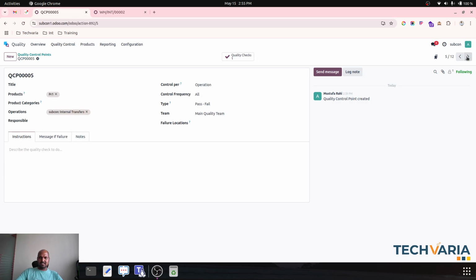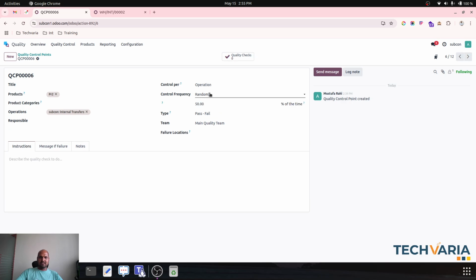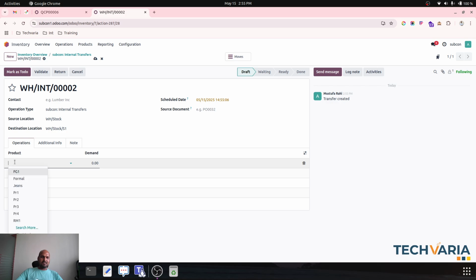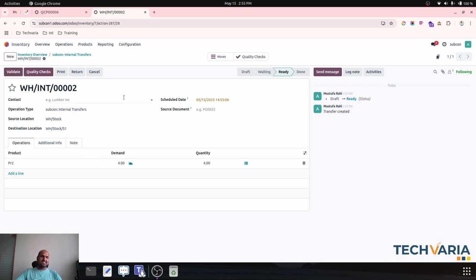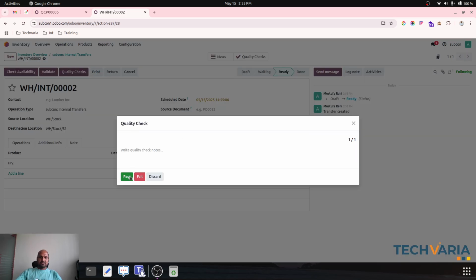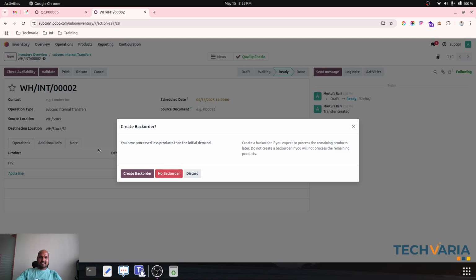So over here, if I check my control point, it is operation randomly, and again 50% of the time only I would like to do that. So if I say I want to transfer 4 units, I say mark as to do, it will execute the QC for this moment. So what I will do, I will just do QC for 2 units